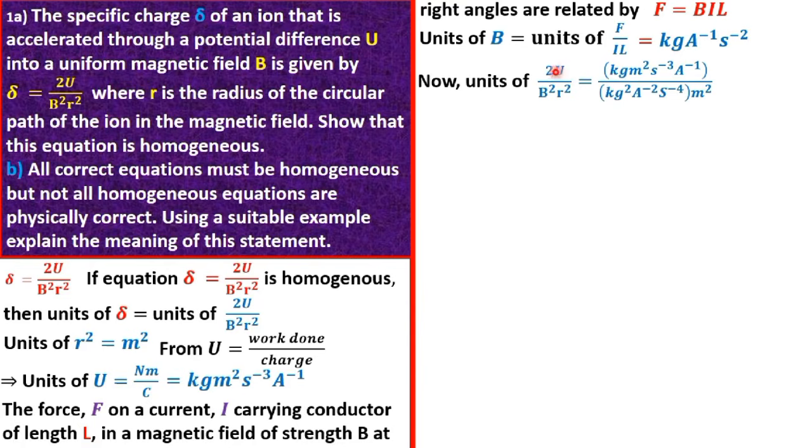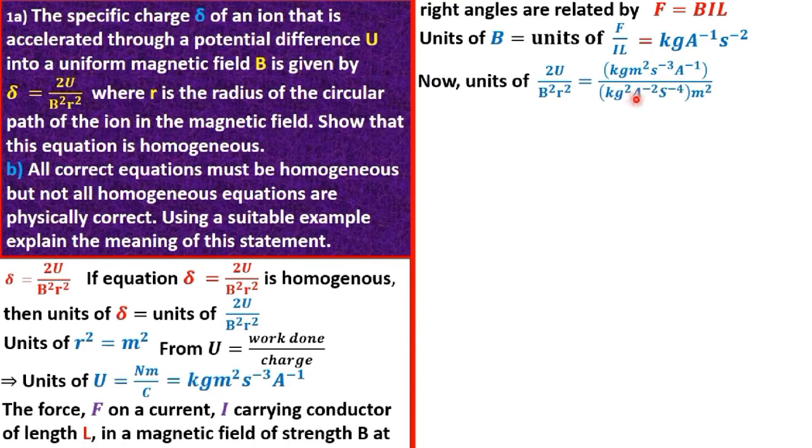So we are going to have that of U, we called it here to be kilograms meters squared per second per cubic seconds per amperes over, we have that of B squared. So friends, if the units of B is kilograms per ampere per second squared, it means the units of B squared is got by squaring all of these terms. If we square that, we are going to have